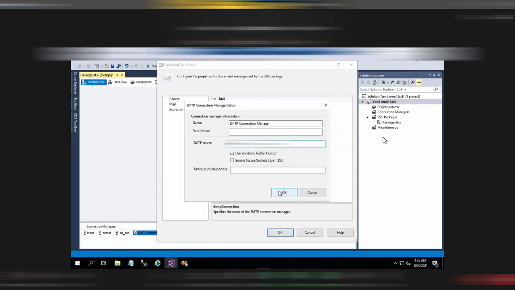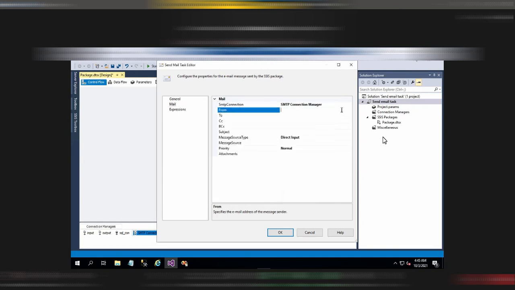Now click OK, and in the from you need to put the email address from which you want to send the notification. For example, I want to send the email notification from my address, so I will put my email address here, but I am hiding it just to make sure that I won't be in any trouble. Now I'm going to put the to email address. Right now I'm just going to put my email address. In your case you can put your email address or some other people's email addresses, and if you want to put multiple people's addresses, then you can separate them by semicolon.